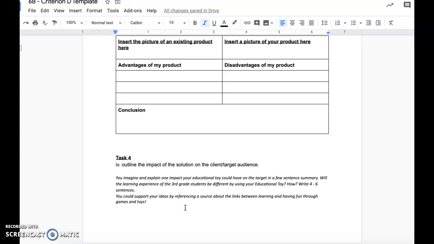So for our unit, remember you chose one student or maybe 2 students that you are going to help in a specific area in school. So now you need to, I know we can't talk to them, we can't test our games with them, so you're going to have to imagine and explain one impact your educational toy could have on the target student in a few sentence summary. So you'll think, will the learning experience of the 3rd grade students be different by using